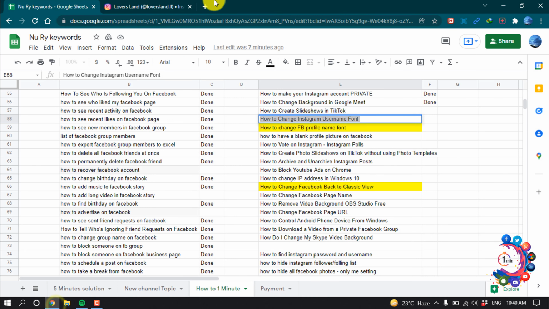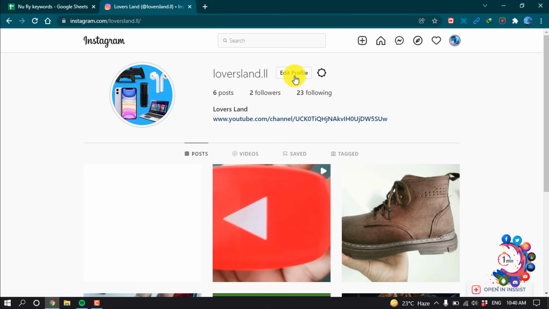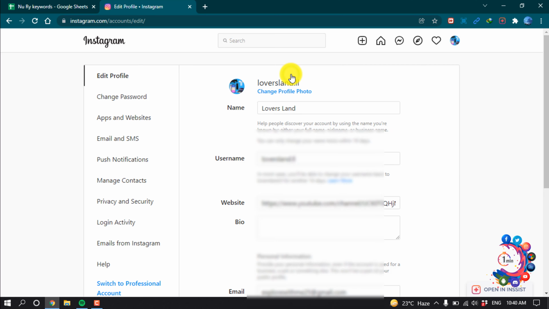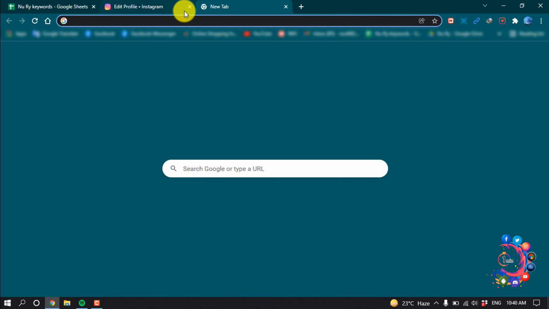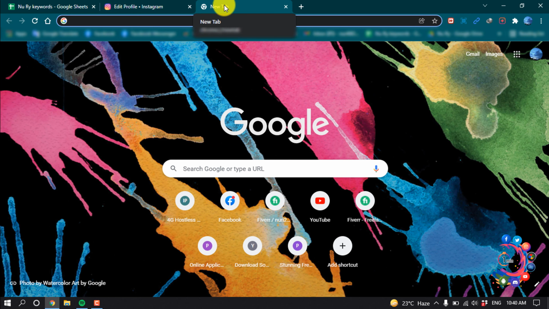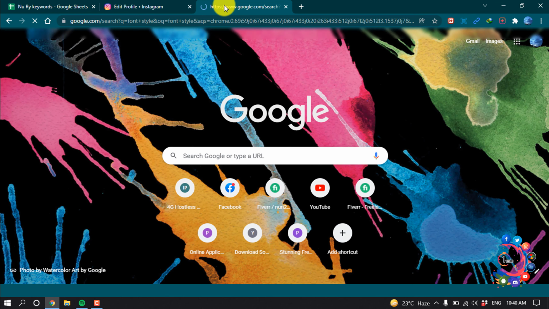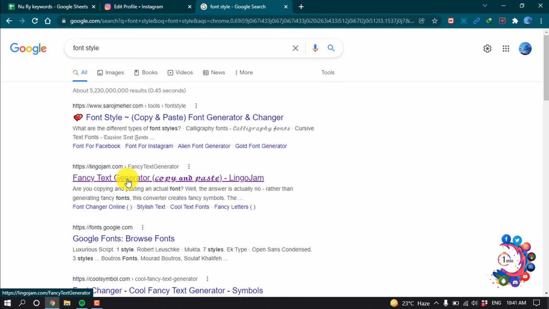First of all, open your Instagram and now click on edit profile and open a new tab and search here font style, and from here you can open any website. So right now I'm gonna open this website